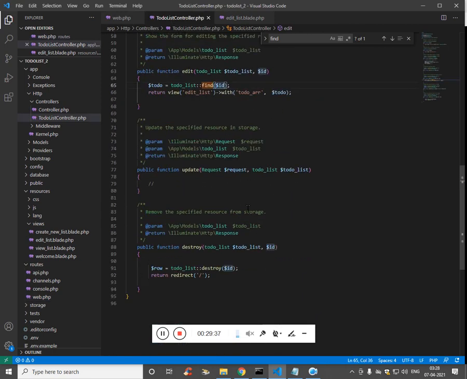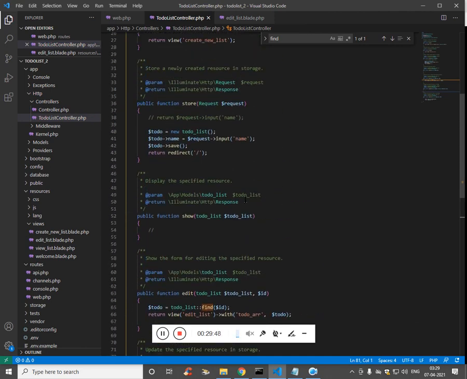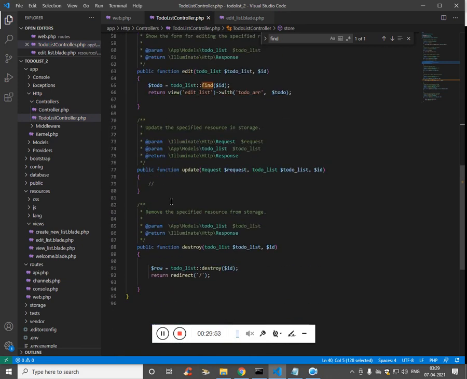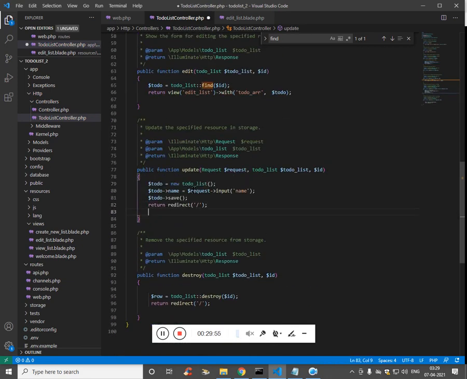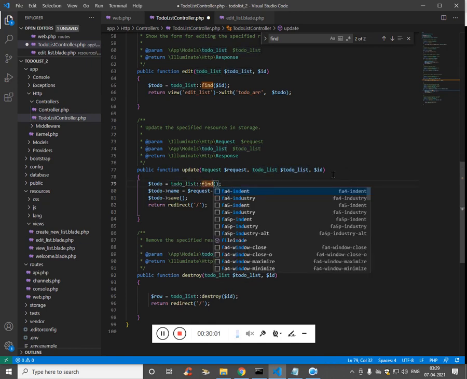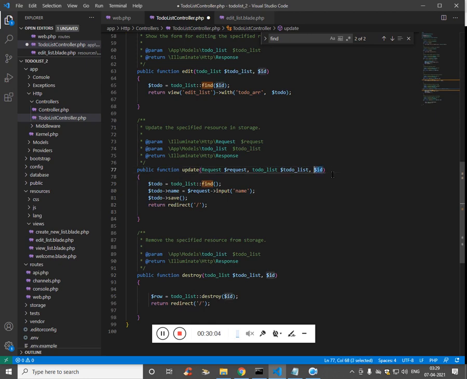The first one is ID from the URL, and the second one is a request. As we already know how to get the request, which is really very simple, I will use the same thing, and instead of adding a new one, we would be using find, colon find, and pass the ID.